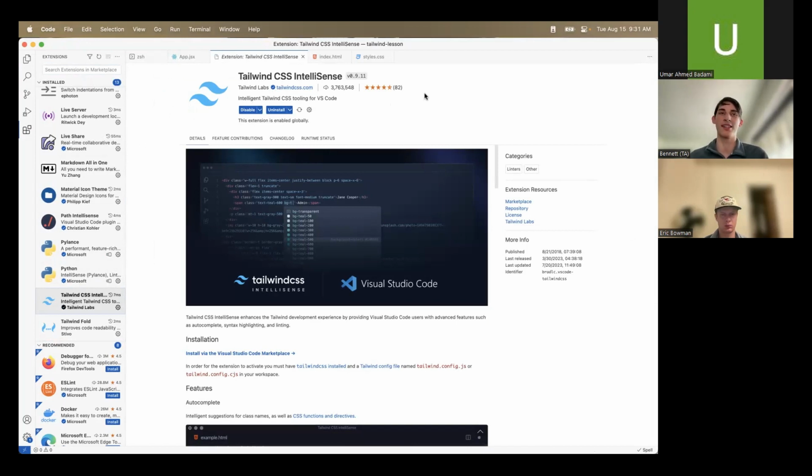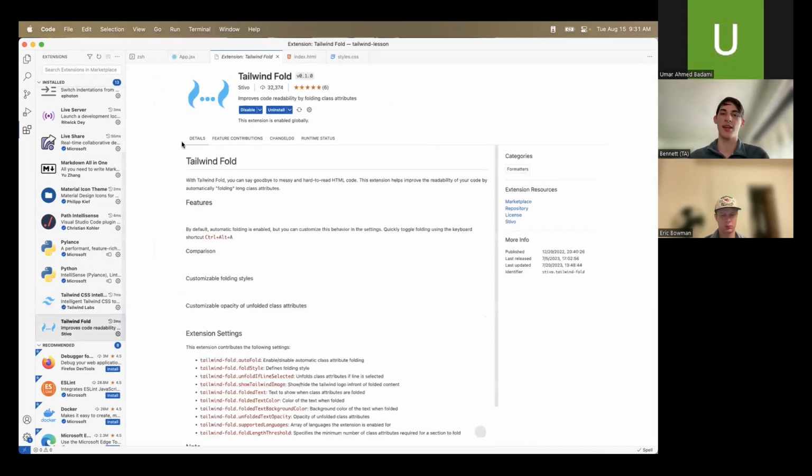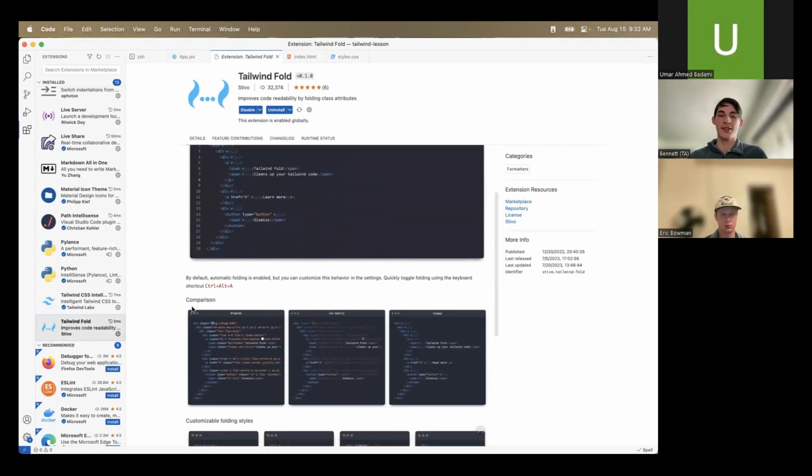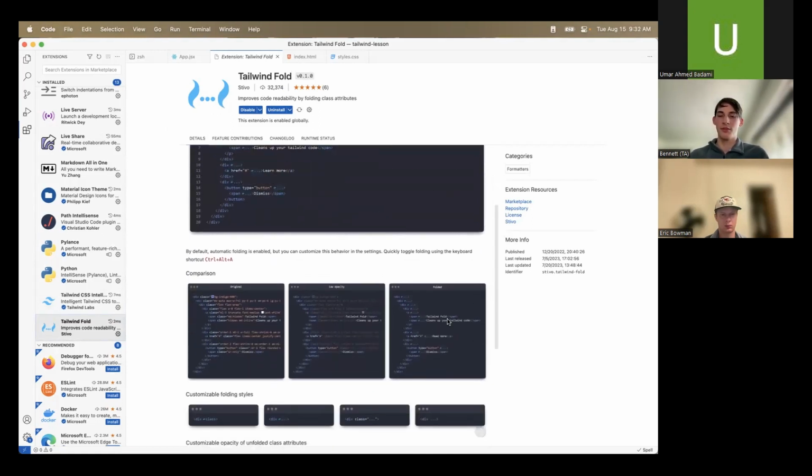And we'll see why in a second. It basically gives you autocomplete with Tailwind classes. And then the second one is going to be something called Tailwind Fold. A major criticism of Tailwind is that when you have lots of classes applied inline to every element, it can get really messy really quick and very cramped. So what Tailwind Fold does is, we see,